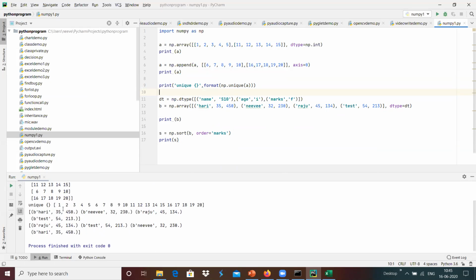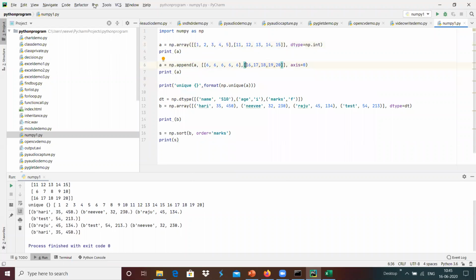Unique is an option where, if multiple duplicates are available, we get only one of them. For example, I'm going to append 6, all 6s, over here.